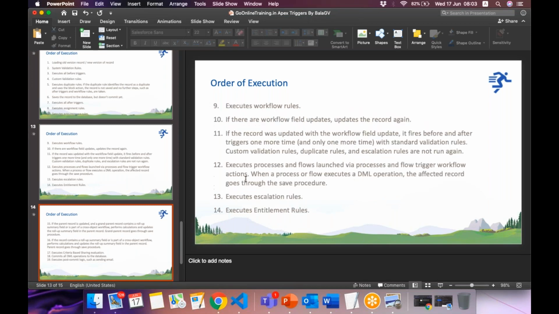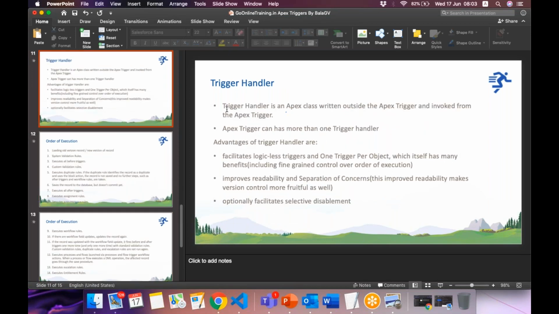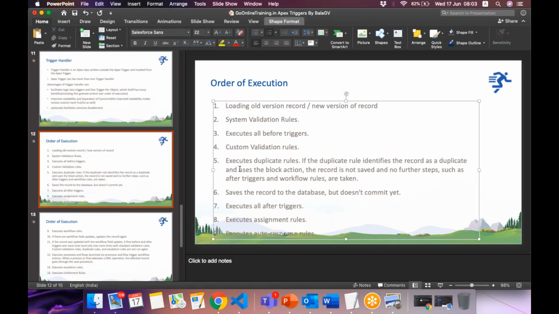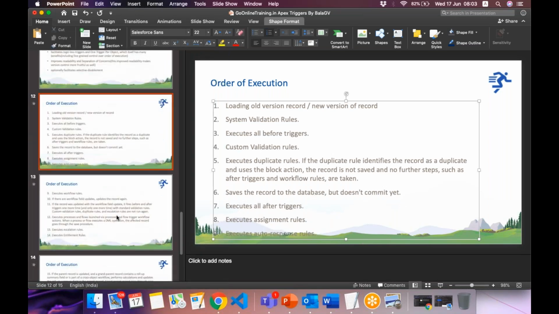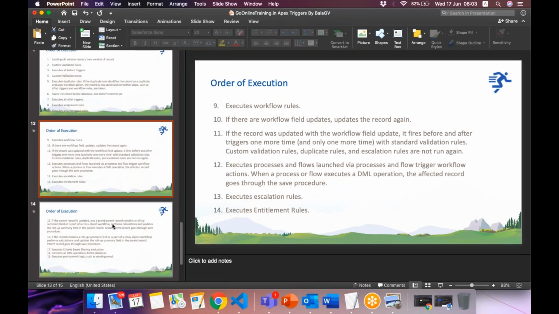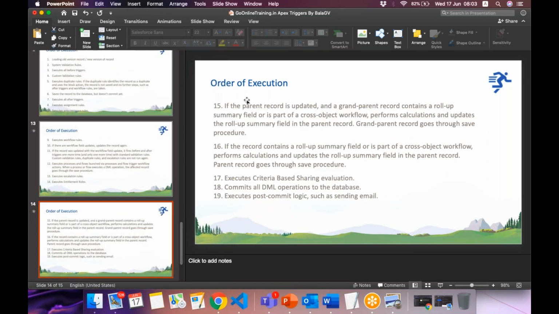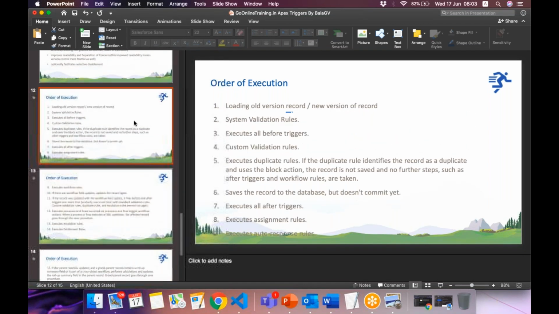So this should be 20 because there is a change in bullet point, so 1 is added. I'll move this bullet point to the next page. But remember, there are 20 steps in the order of execution.